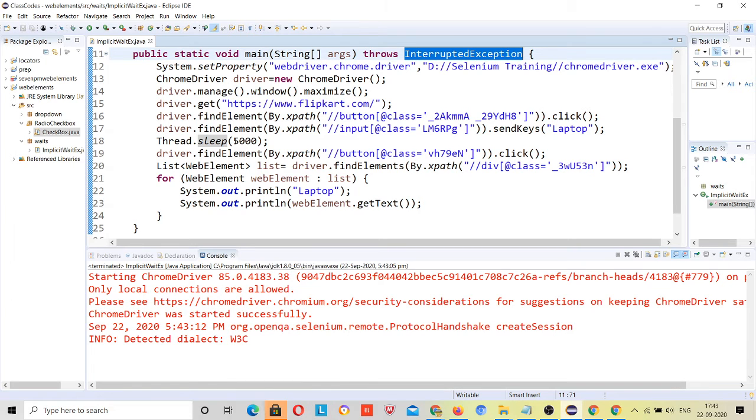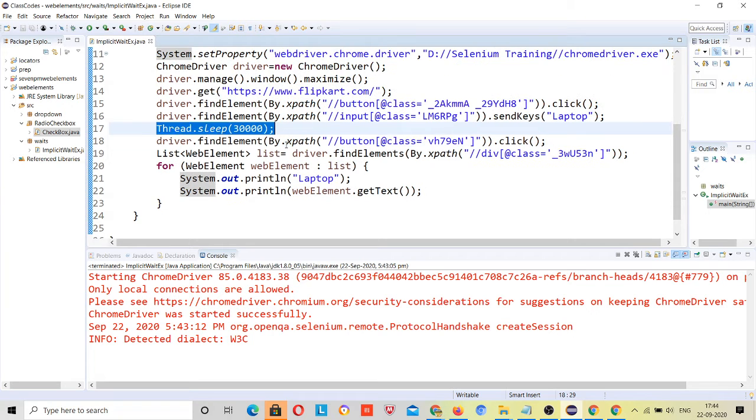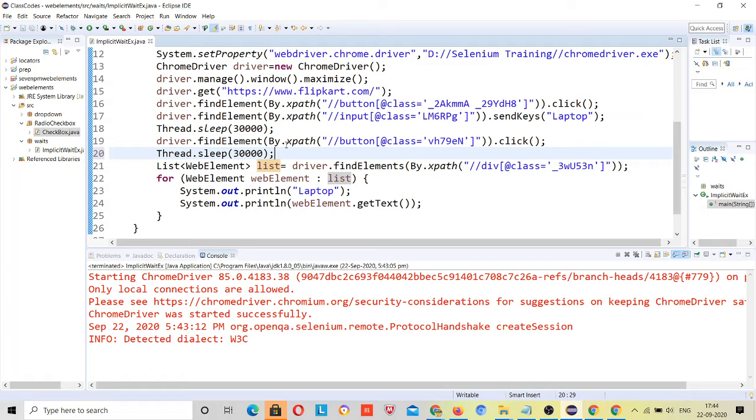Let me increase this to 30 seconds. And after clicking on the button, it's getting loaded.